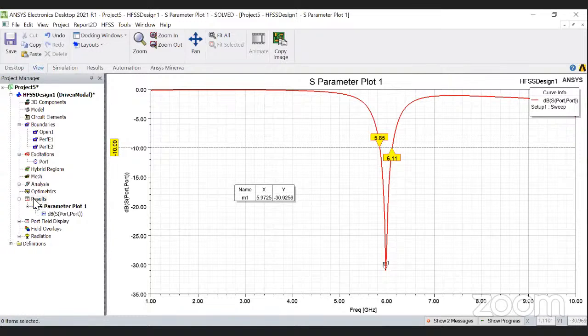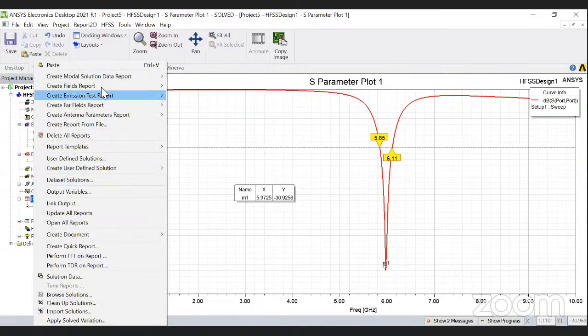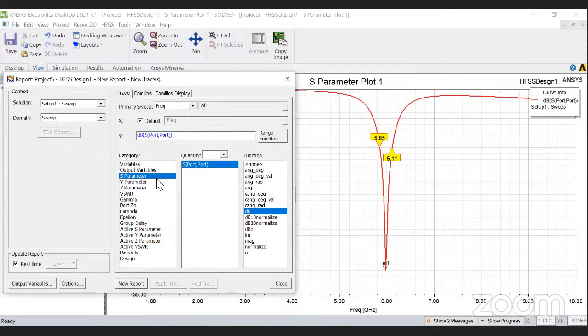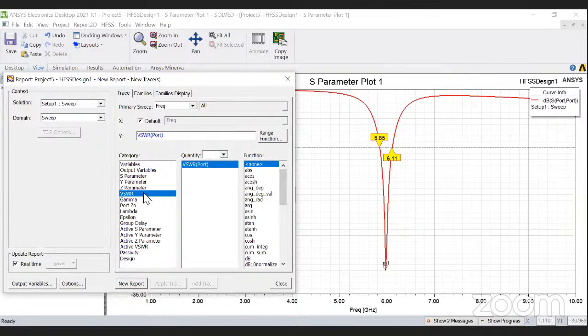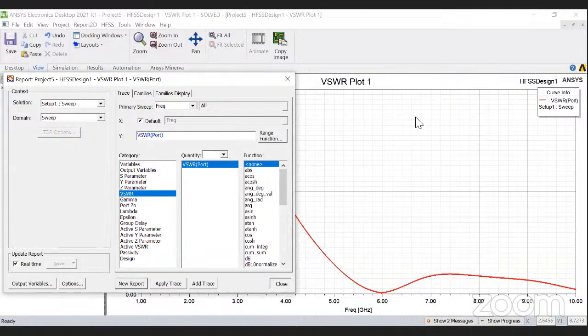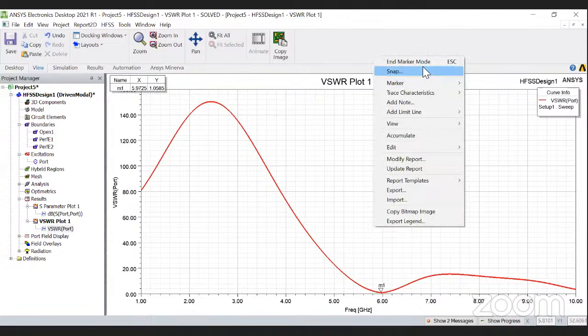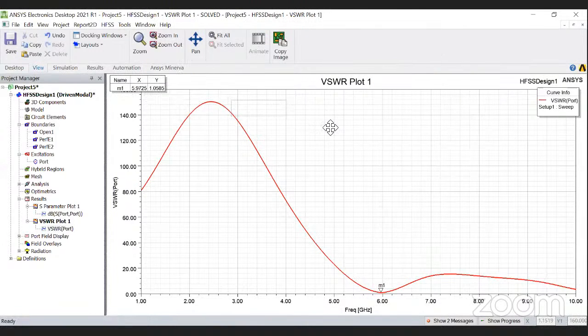You just select the results, right click on it and go for create modal report. In that report, you have a rectangular plot. You select the rectangular plot and select VSWR. The category is VSWR. VSWR is a constant value, so there is no unit. Just give a new report. That's it. Then you right click, select a marker, and place it at your exact frequency. Our exact frequency is 5.95 gigahertz. We got around